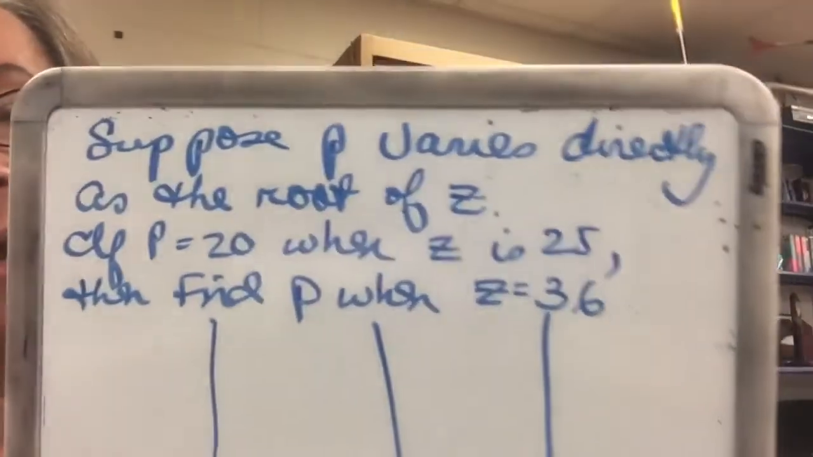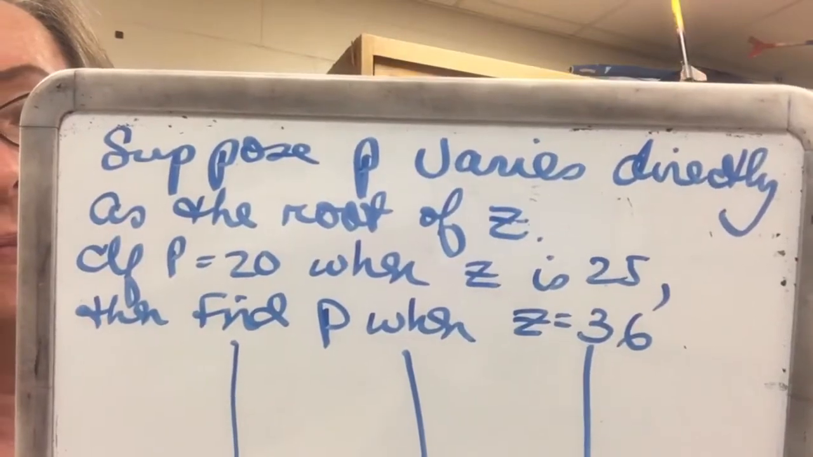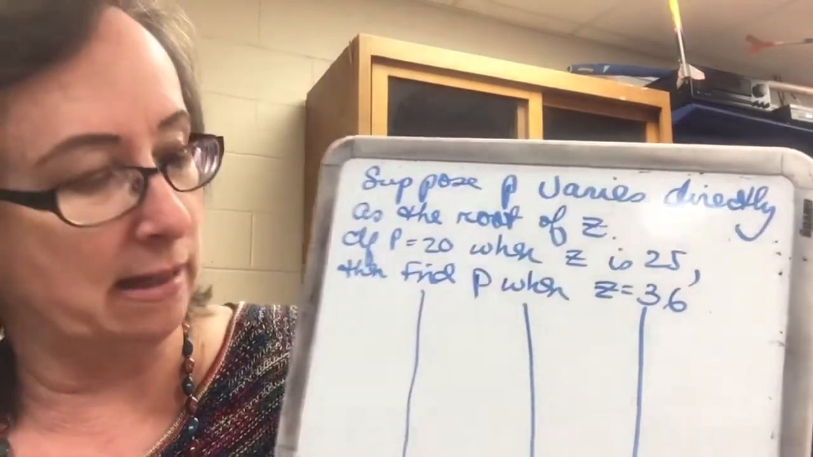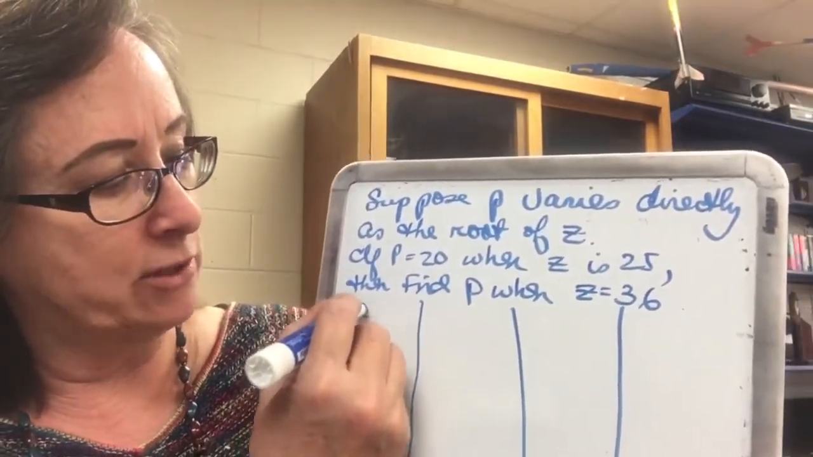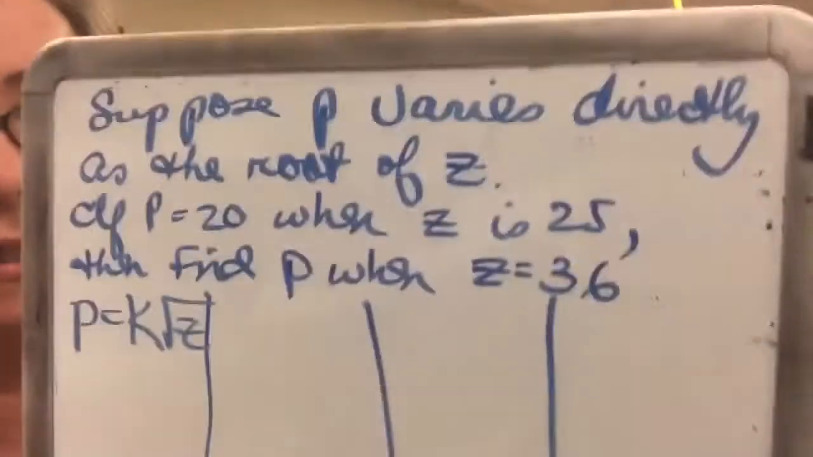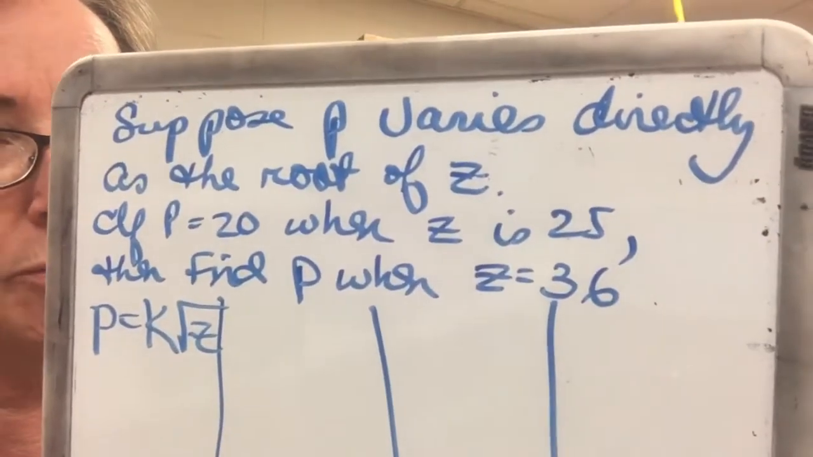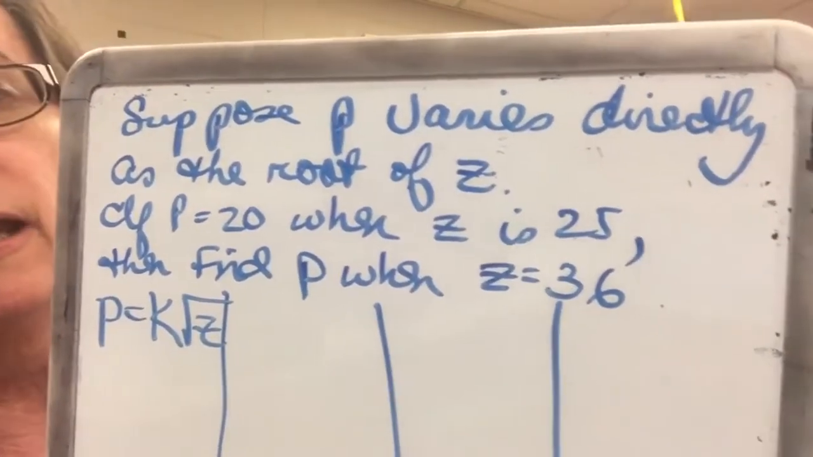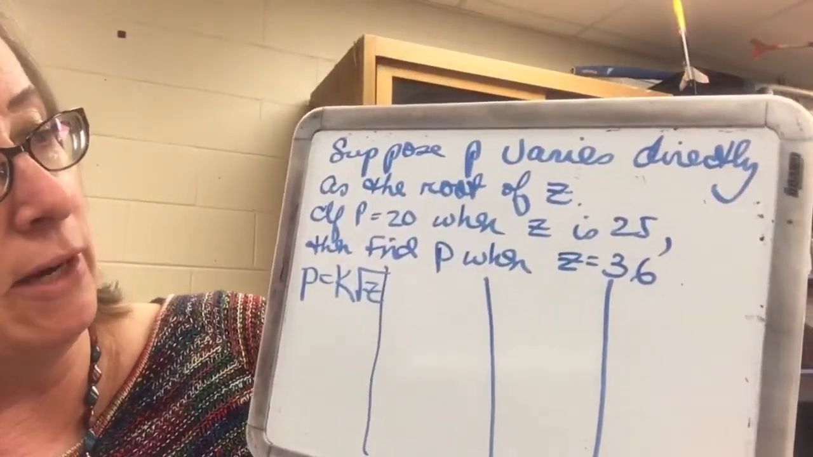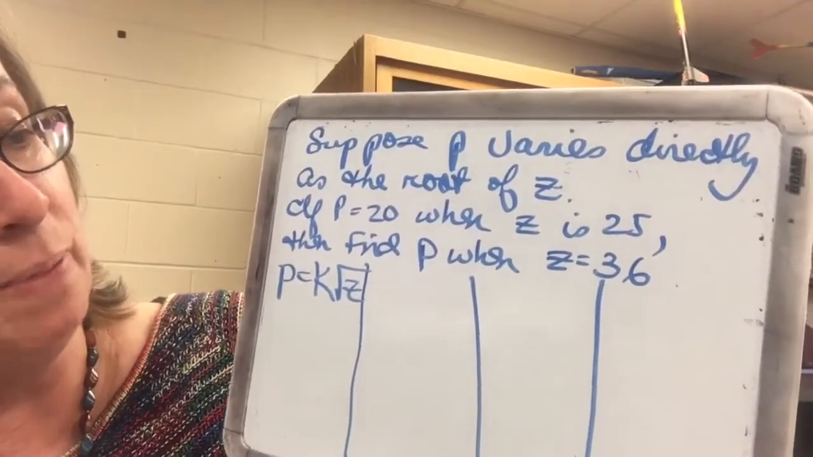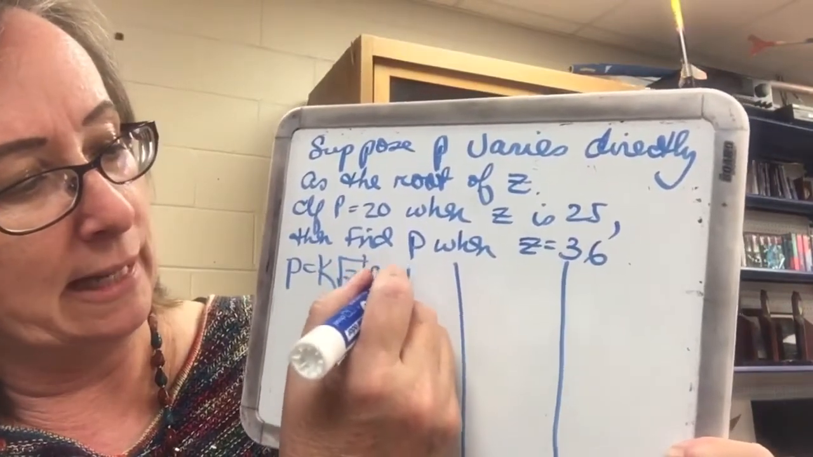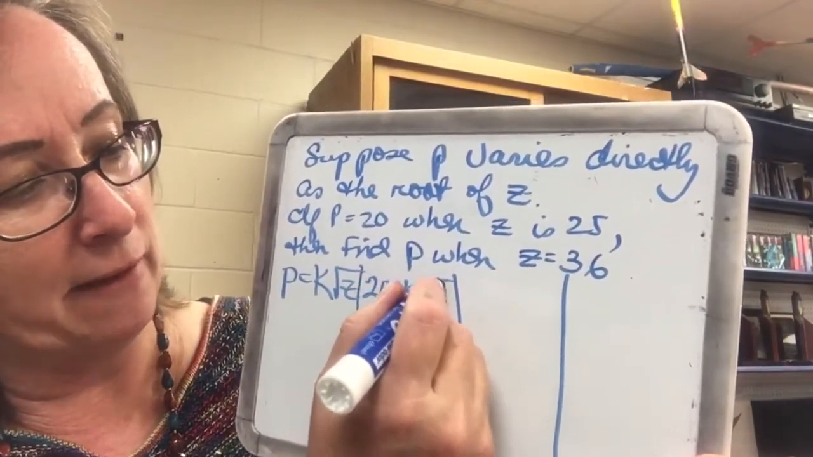Okay, so this is our problem here. And it says, suppose p varies directly as the root of z. Now if it just says root, and it doesn't say square root or cube root or fourth root, we always assume it means the square root. That's our default there. So p varies directly as the root of z. If p is 20 when z is 25,